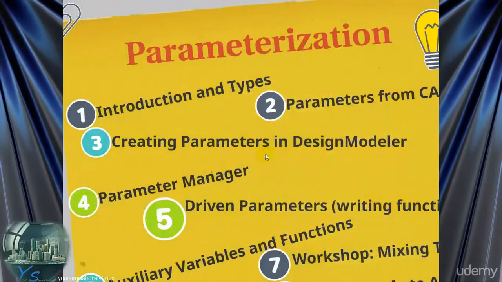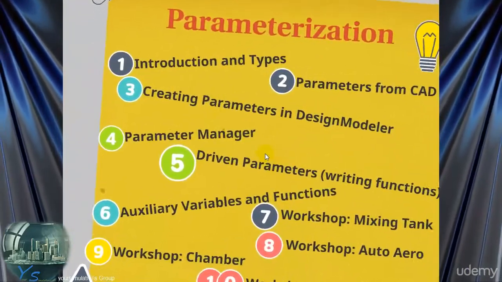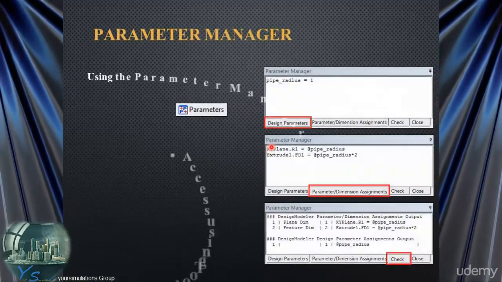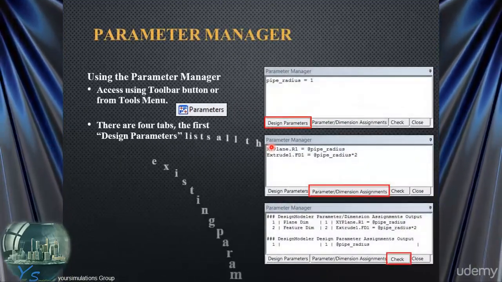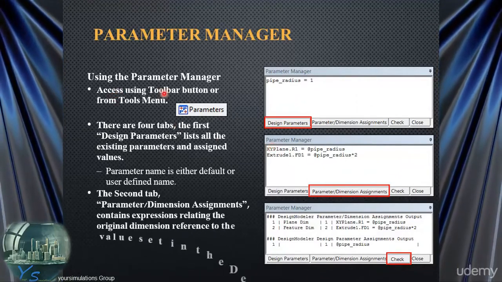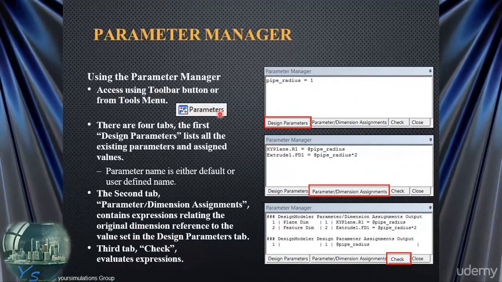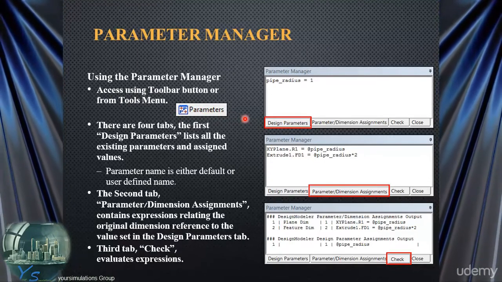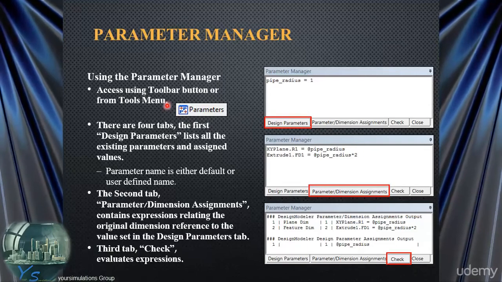Within Design Modeler, we can enter the parameter manager to summarize and establish relationships between the parameters that have been created in Design Modeler. So we can access it using the toolbar button up from the tools menu and click this. So this is the toolbar button that you'll see,